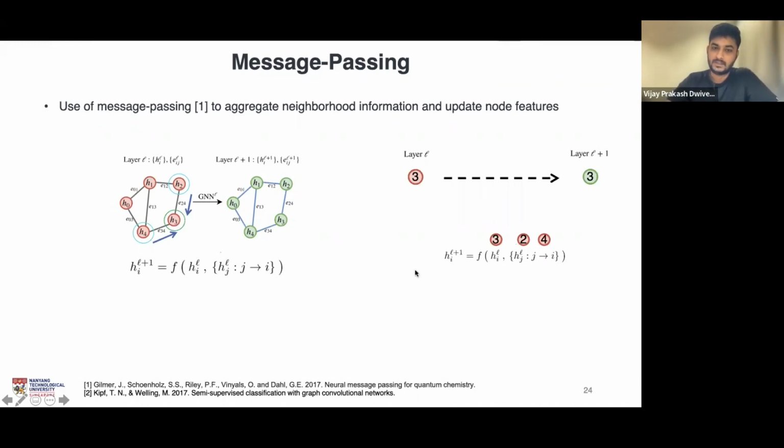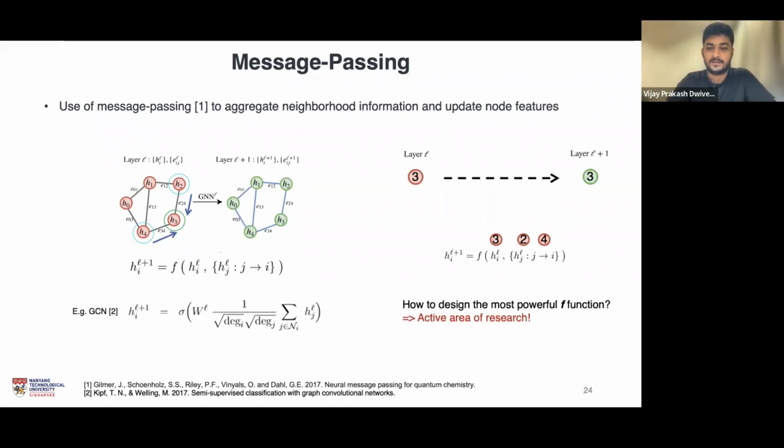So this essentially is message passing, because neighborhood messages are being sent to the destination, which leads to the updating of the node features. And the GCN equation that was present earlier is basically doing the same thing. When we have this equation, all the J nodes are passing messages for the update of the feature representation of the I node. So this is one way to see the same GCN equation from the perspective of message